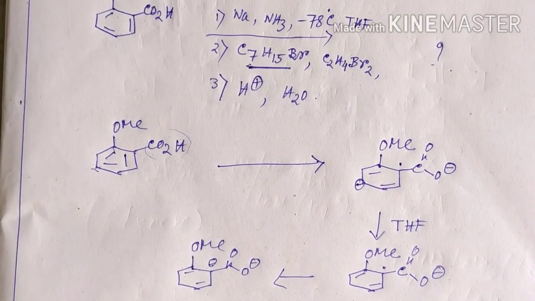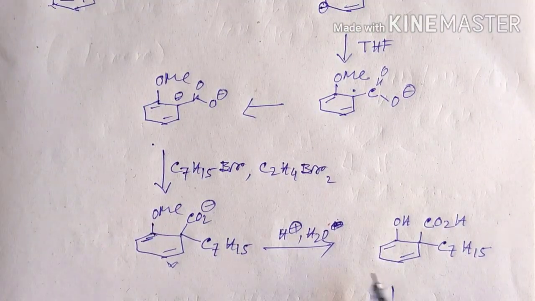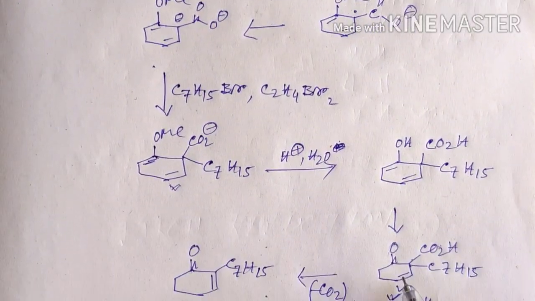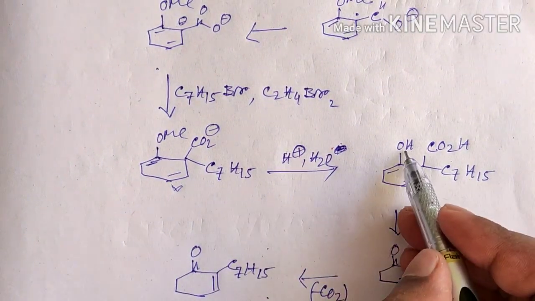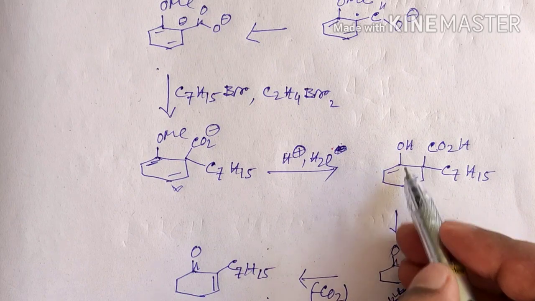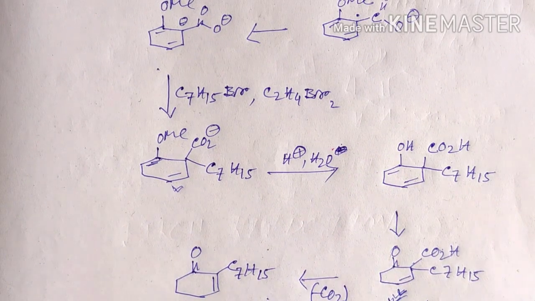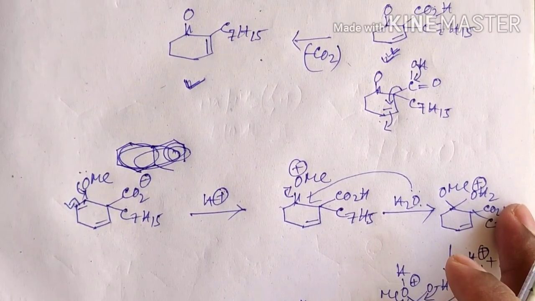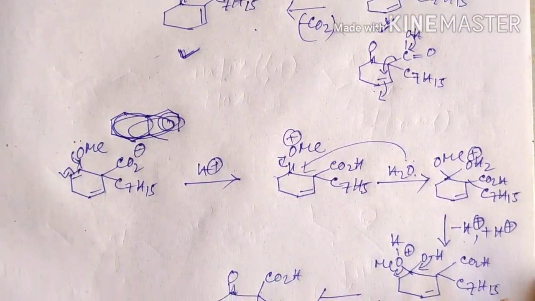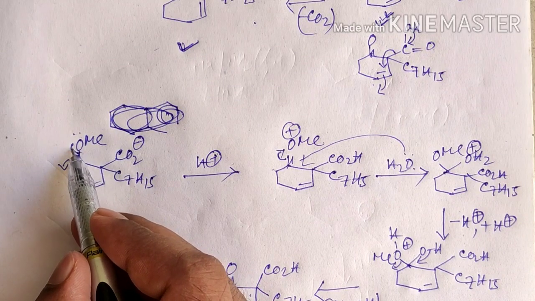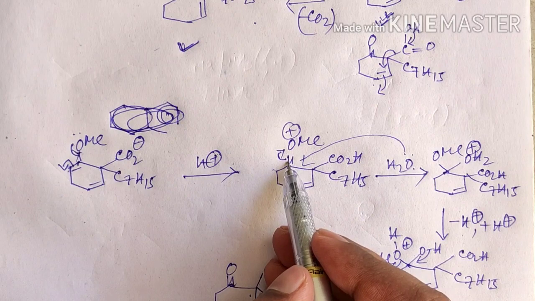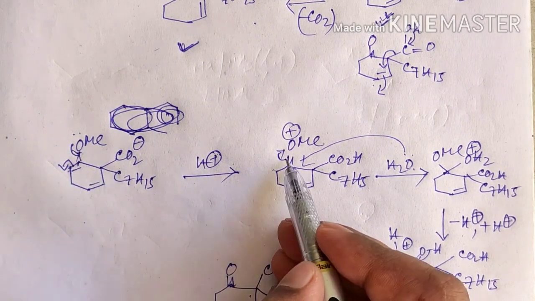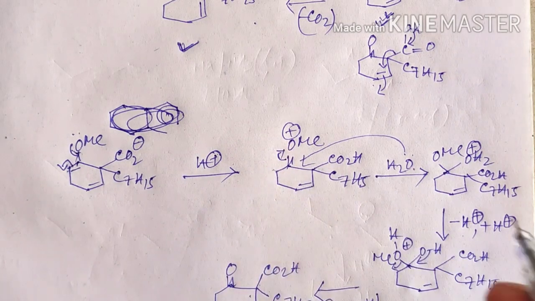Here I just want to say that there may be a different mechanism for formation of this keto product from this one by acid hydrolysis. It may go through this enol formation and tautomerization to give this carbonyl compound, or may proceed through a different mechanism that looks like this. At the first step, the protonation will occur at the olefinic position, and this lone pair will resonate here to form this double bond and oxygen will be cationic.